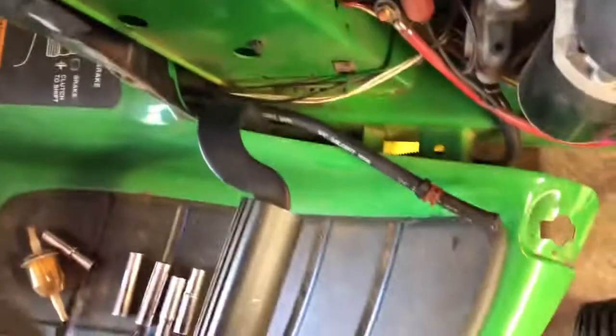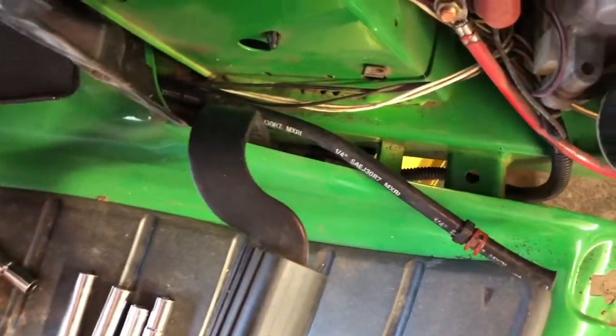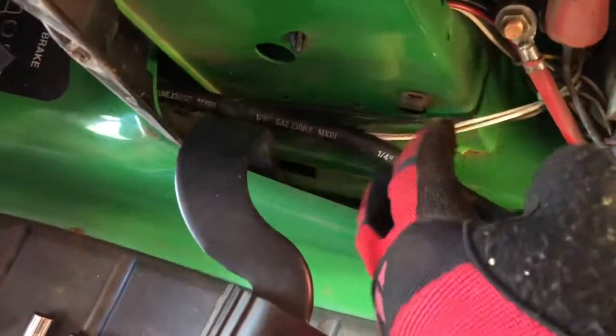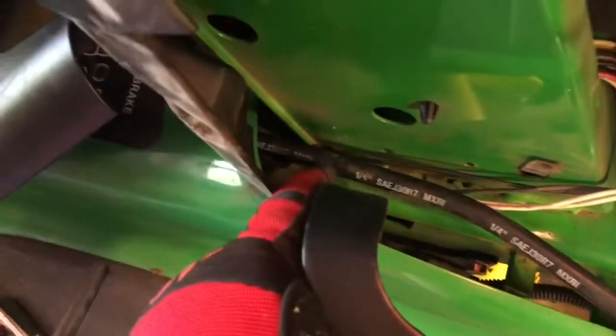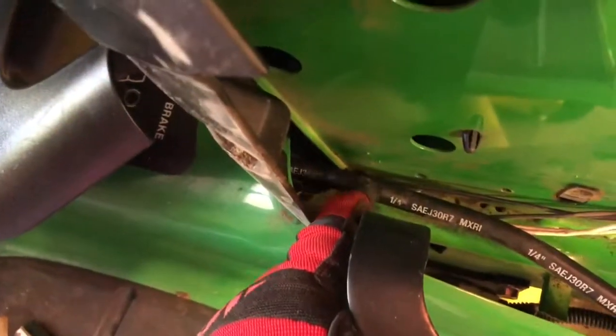I know the bolts in the back that I'll show you are definitely 13 millimeter, so I'm gonna guess on that one. By removing that, it was easy to get to the fuel line, and there was one clamp holding it right here, plastic clamp that was easy just to pop out. Go back here,